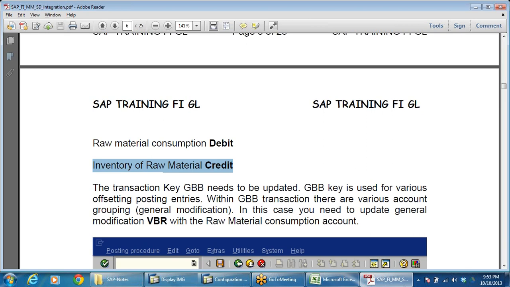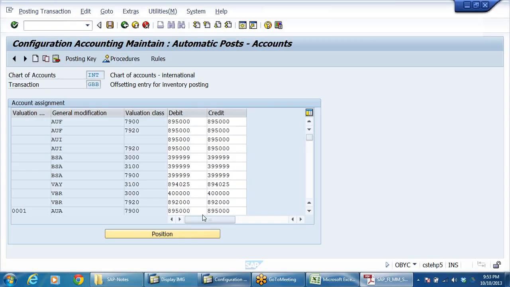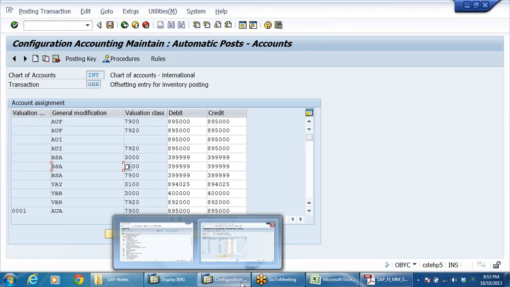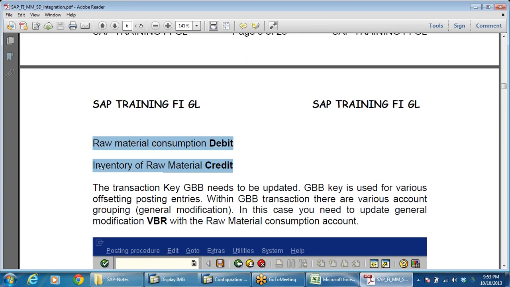The reason, we have already given BSX, wherein 3000. BSX in combination with 3000 valuation key will be posted to this account. So that will be created. That's why there we have given credit as well as debit both. See, everywhere credit and debit is given. When inventory is received, it is debited. When inventory is issued, that is credited. So that's why for the second line item, we need not do any further configuration,